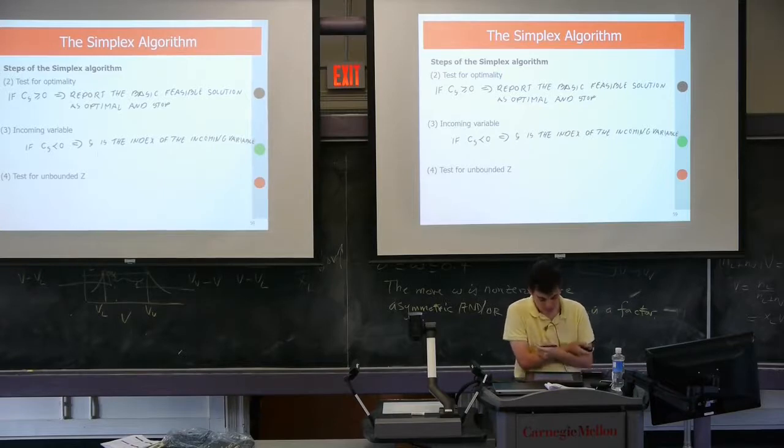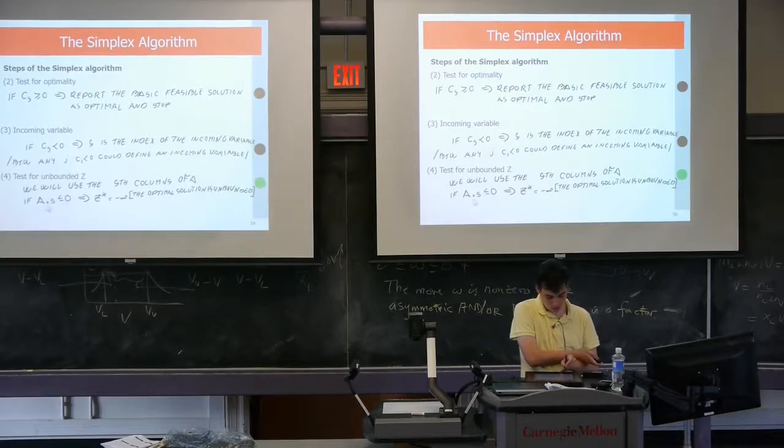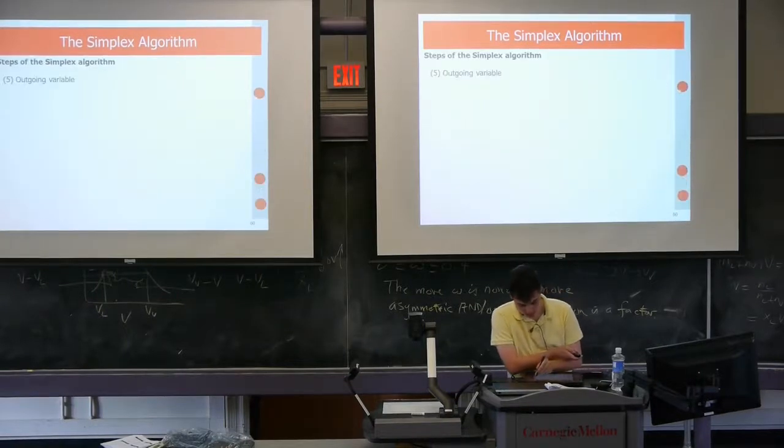In the last example, that was 5. Then you test for unbounded Z. So you check the values of the S column in matrix A. If they are all zero or negative, then as we discussed, the optimum value will be minus infinity. However, if there's one,